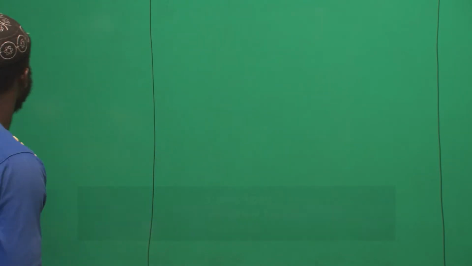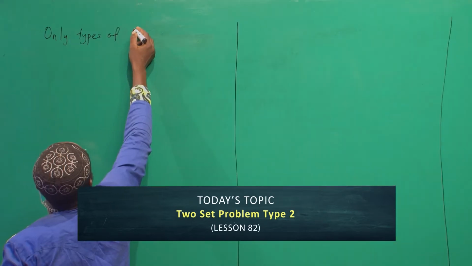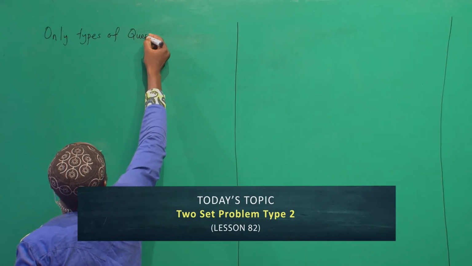Welcome, our cherished viewers, to another lesson on MTA Mathematics, where maths is made easier for the learner. The last time we met, we treated the two-set problem, that is Venn diagram, the type 1. That is the raw type of question. For today, we are going to look at the type 2, that is the only type of question. So, with the only type of question,